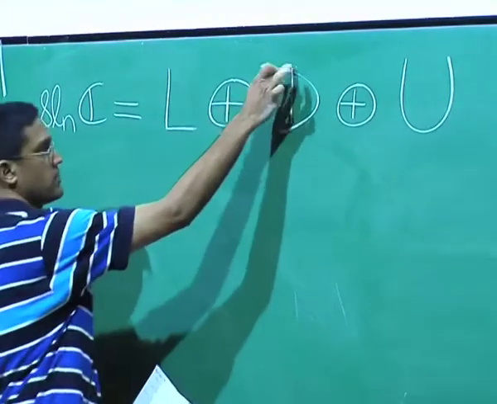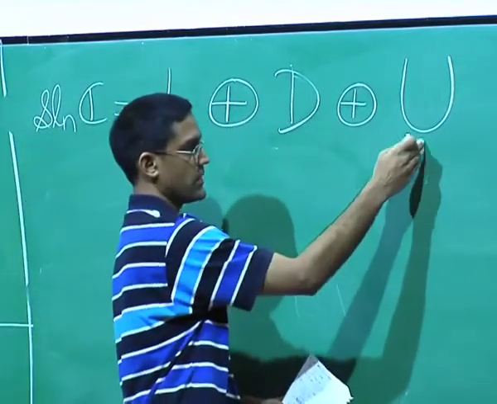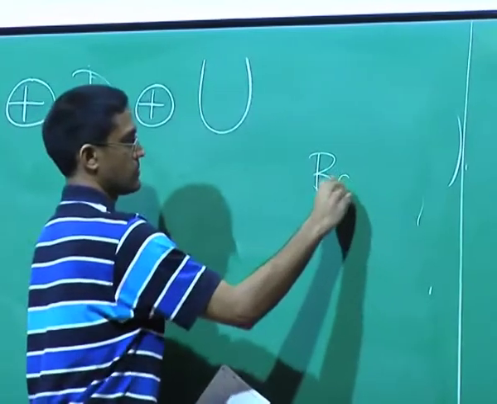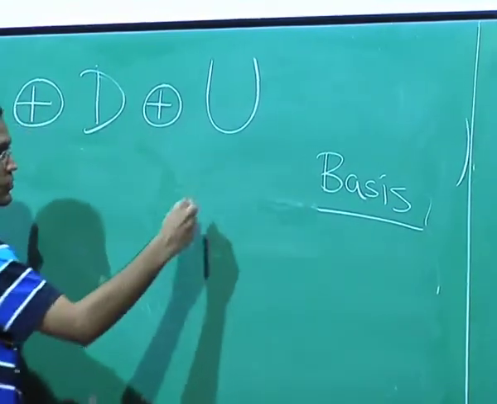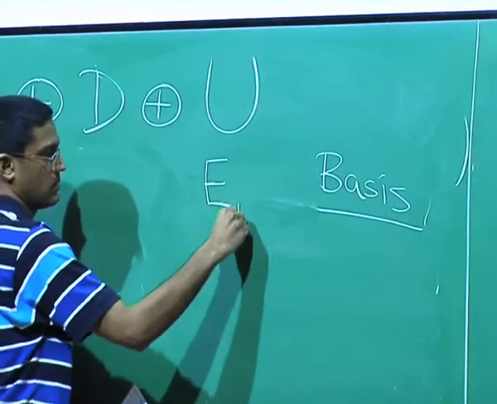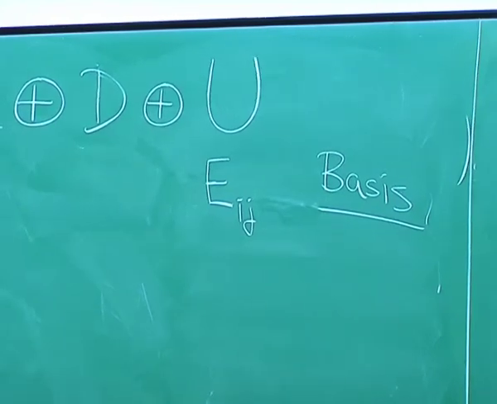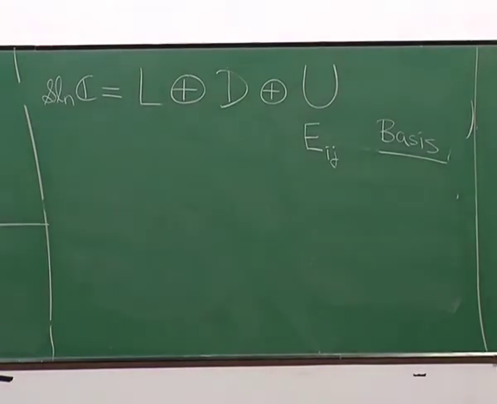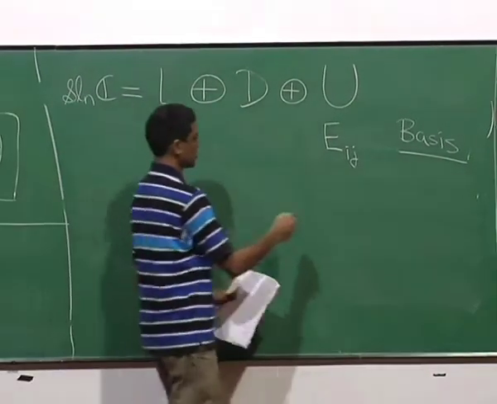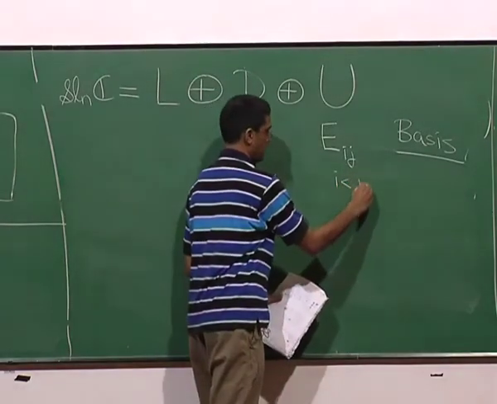And there are obvious bases. So L itself here and U, there are obvious basis elements. So let me construct some basis for U. Well, you take what are called the elementary matrices. Right? You take Eij, which means there is a 1 only in the ijth position, zeros everywhere else. But what's the property that i and j should satisfy for it to be an upper triangular matrix? You will want i to be smaller than j,